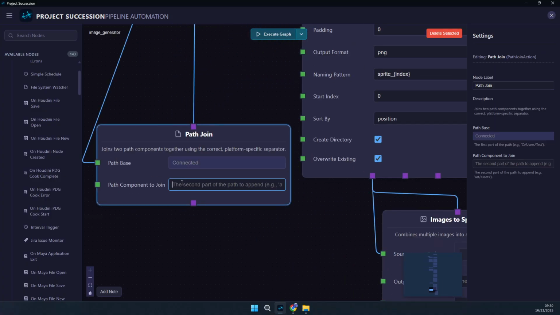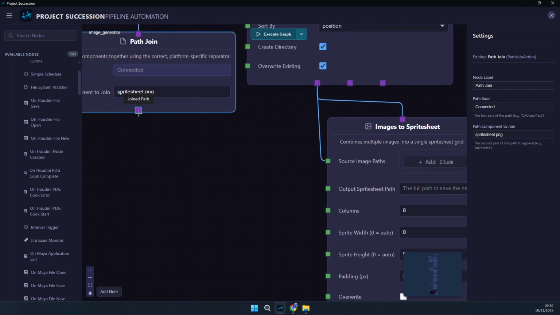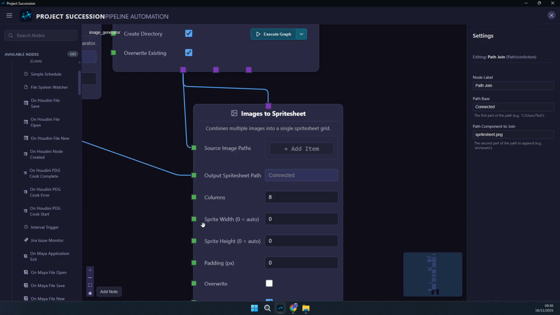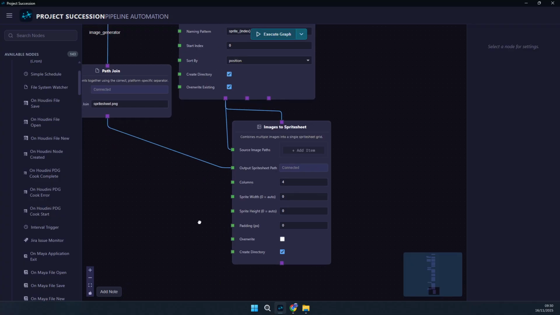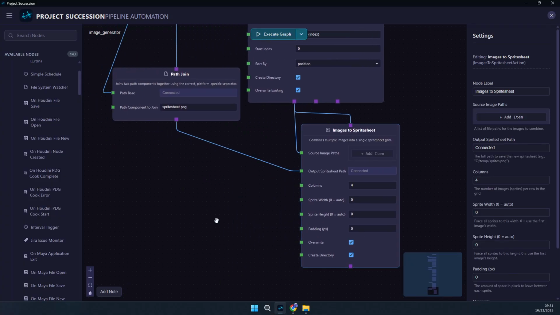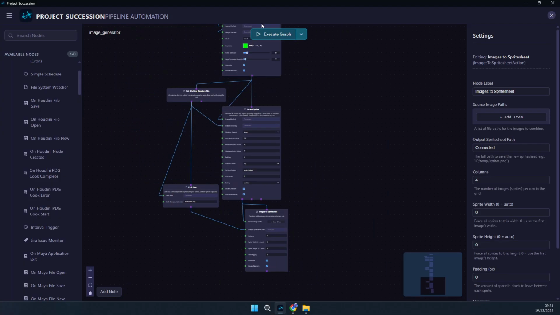And this will be our sprite sheet PNG. And our sprite sheet should have 4 columns and should allow override. And now if we execute that,